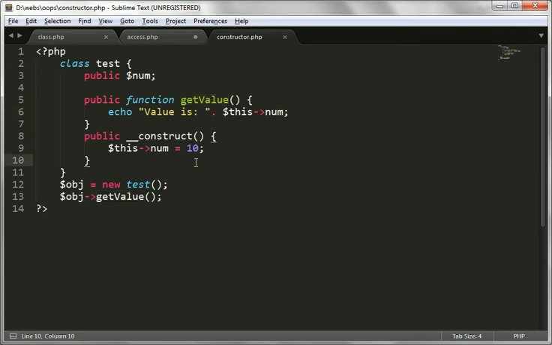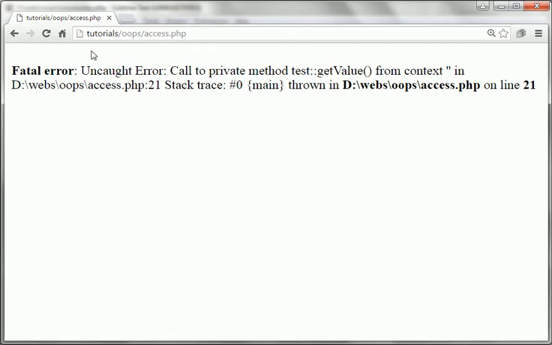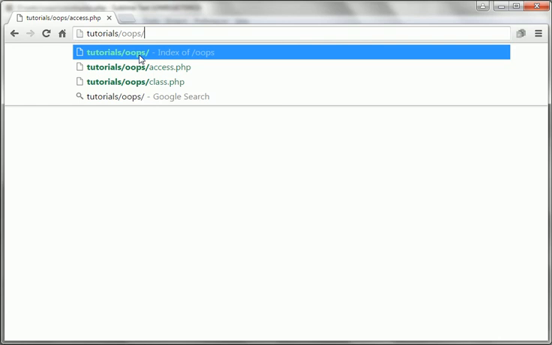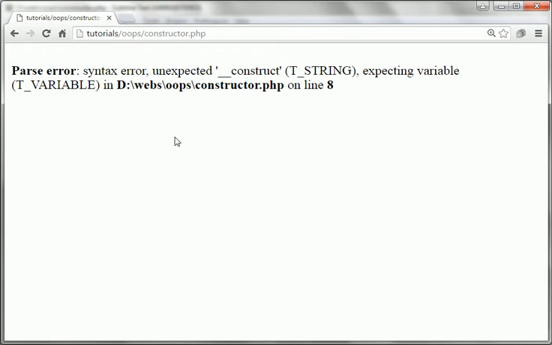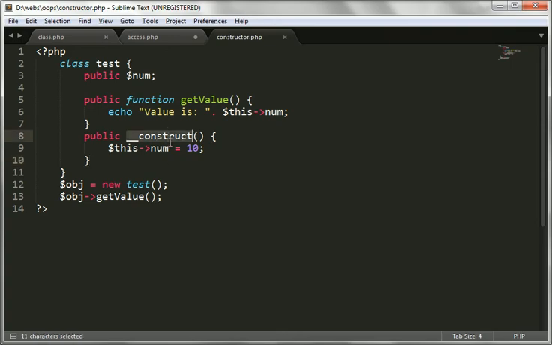So let's see how it works. The file name is constructor.php. Just delete this and refresh. Here you will see the file name constructor.php. Underscore construct, spelling mistake maybe.